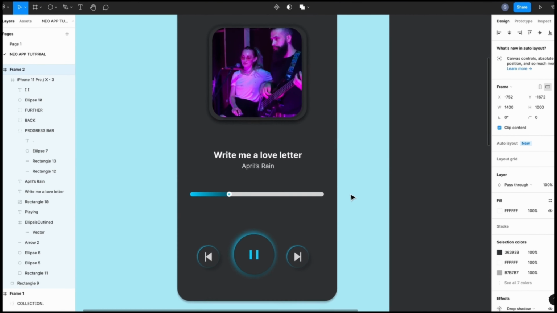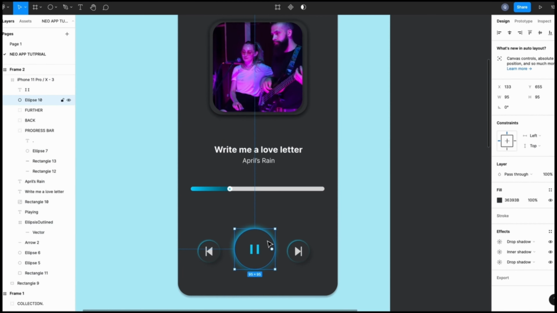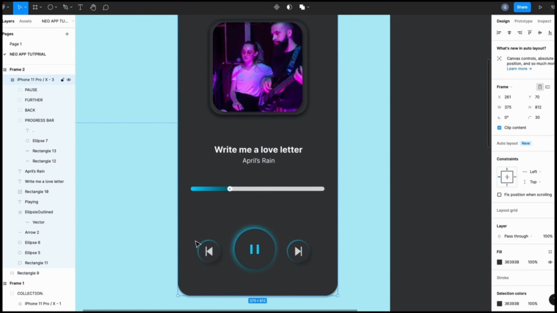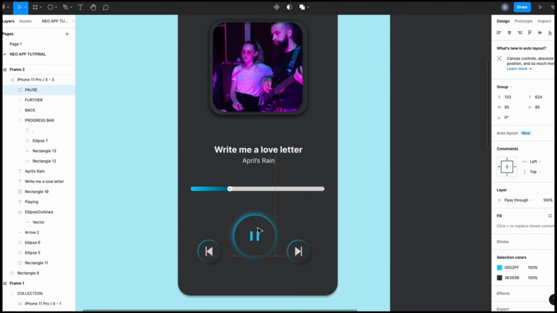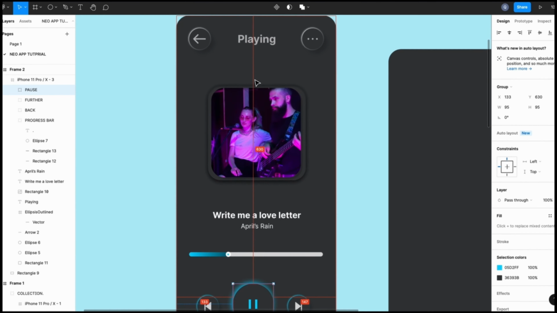There are two ways of creating a group. The one that I mentioned before, using Shift, or you can left click with the mouse button and drag over the elements that you want to select. Select these and then Command plus G. Now I'm just writing the name of the group, play pause. I'm checking the pixels to see whether it's in the middle or not. I'm moving the buttons further up. Great. Okay, so now I'm just going to